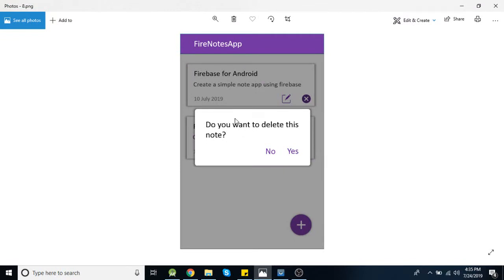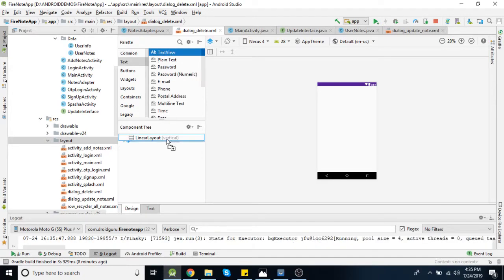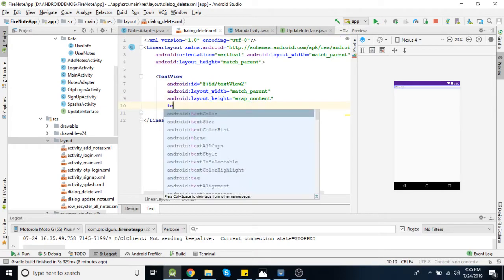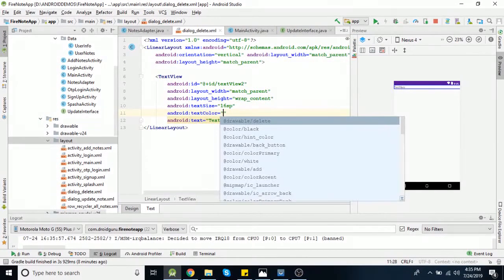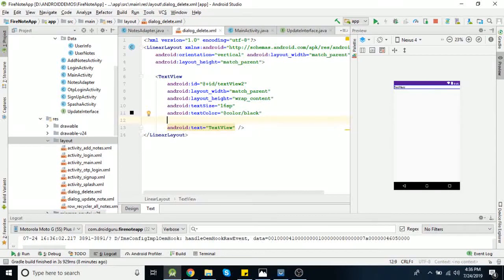First is for this confirmation message and these two for options. So I am adding the first text view here. Text size will be 16 sp. Then text color will be black.